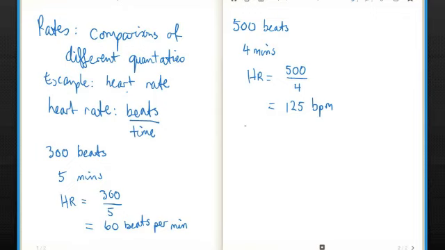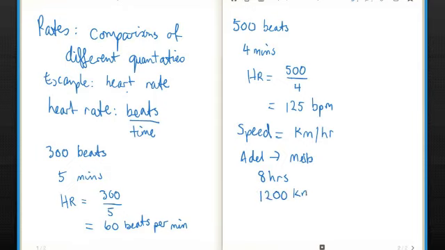Another rate is speed, because speed is measured in kilometers per hour. Now, let's do the speed example. If we were going to drive from Adelaide to Melbourne, and it takes 8 hours, and we cover 1,200 kilometres,